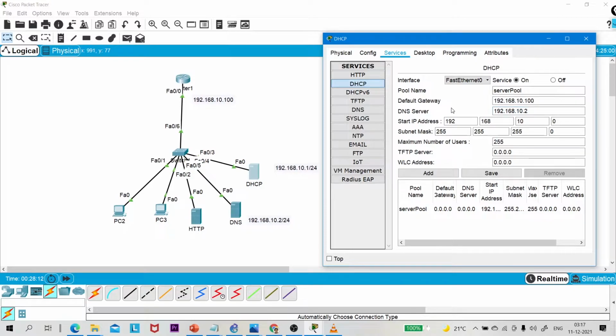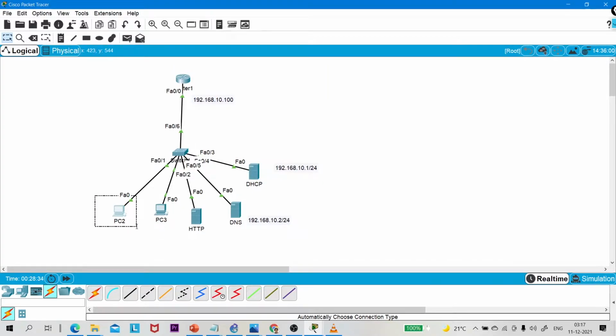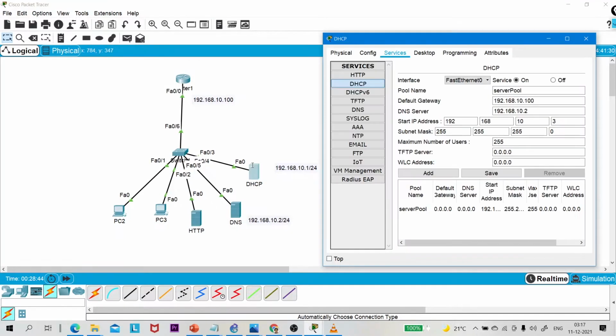Now the DHCP server is asking from where the IP address will start. So the start IP address will be 192.168.10.3. Okay. So if I request from this PC, the DHCP server will provide 10.3 to this machine, 10.4 to this machine, 10.5 to this machine. Okay. So let me save this configuration first.